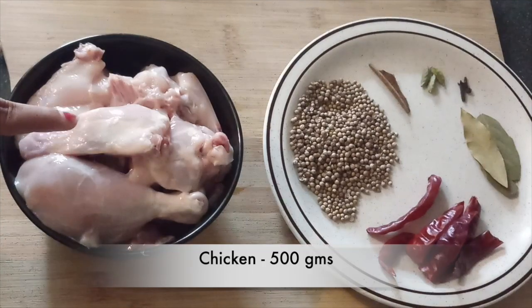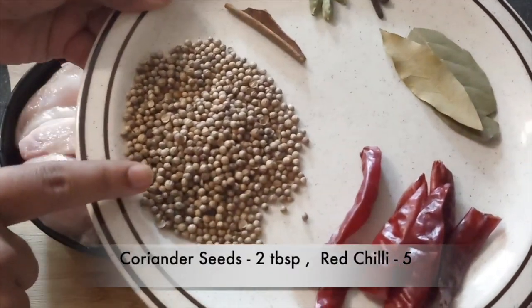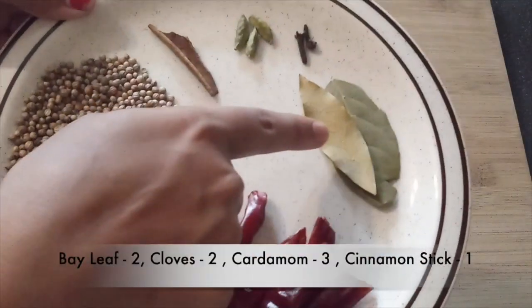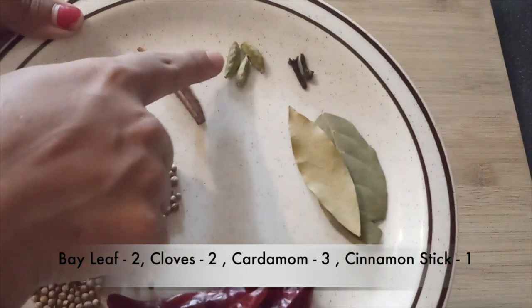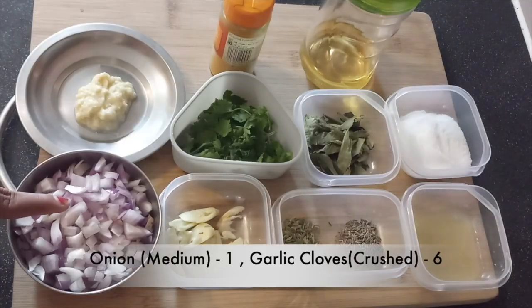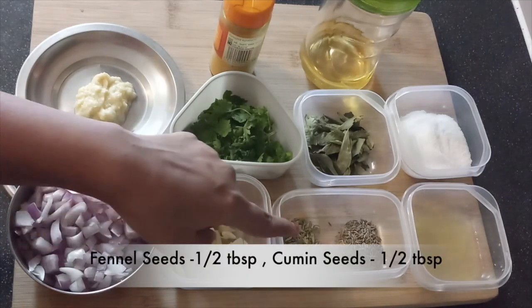The ingredients required to make this recipe are half a kilo of chicken with bone, and to dry roast here I have taken around 2 tablespoons of coriander seeds, around 5 to 6 red chilies, 2 bay leaf, 2 cloves, 3 cardamom, 1 cinnamon stick, 1 medium sized onion finely chopped, around 6 crushed garlic cloves, half a tablespoon of